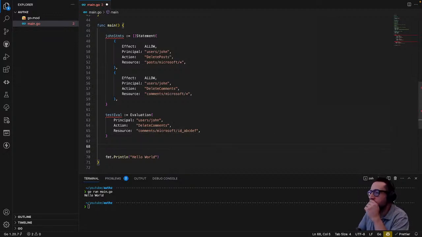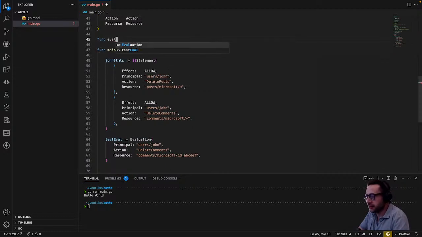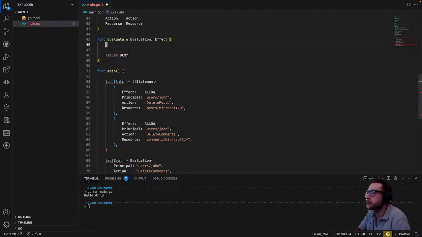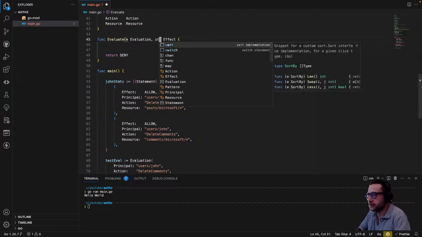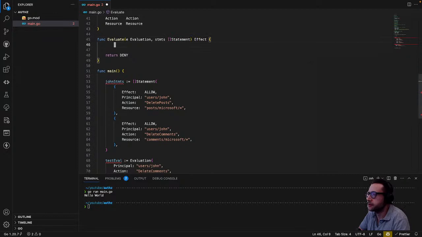So now, what we want is a function. It's evaluate, and that takes an evaluation. I'm going to call it E, and then it replies with an effect. By default, we're going to return deny. Now we also need a statement and that's going to be a slice of statement, and we want to do